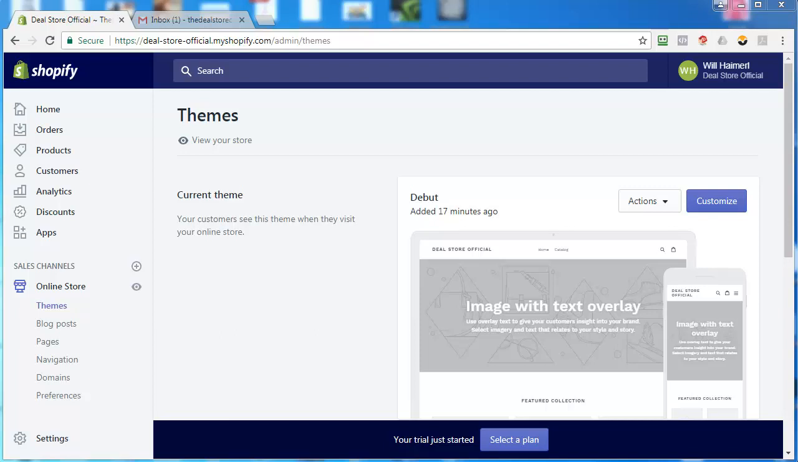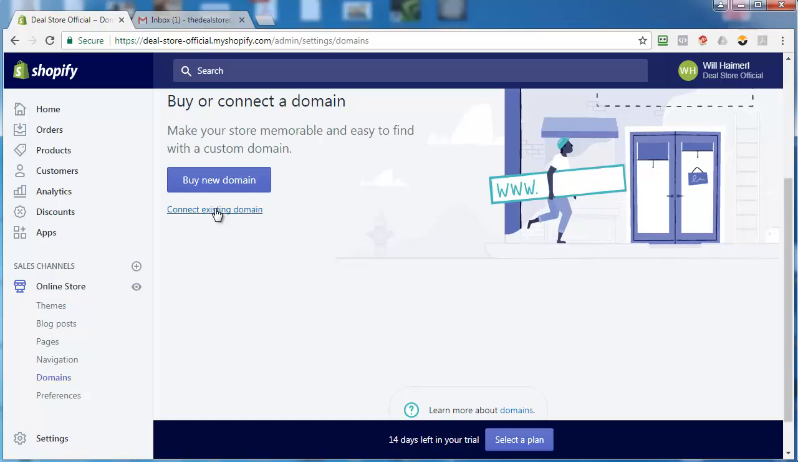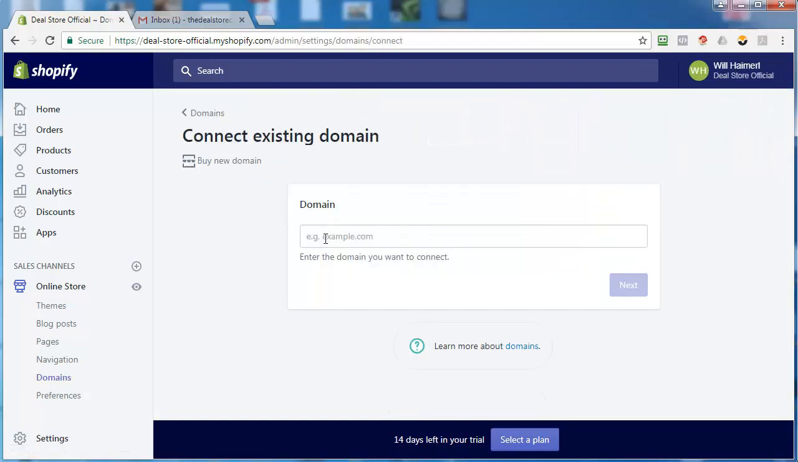Okay, so now we're going to hook up our domain to the store. So you just go to online store and then domains, and then you can connect it. You can buy a new one through them if you want, or just connect an existing one. So what I'm going to do is connect the deal